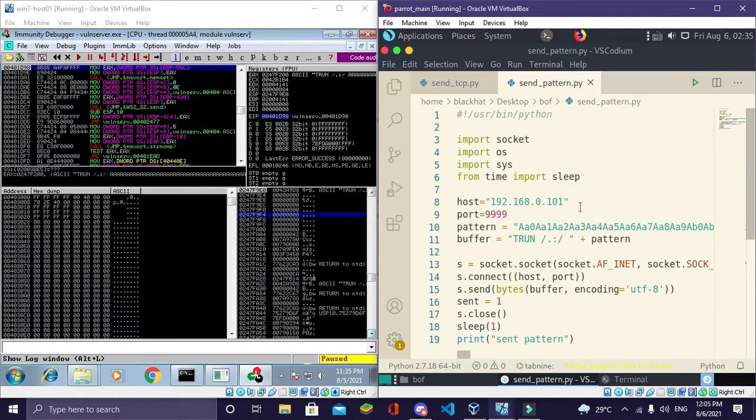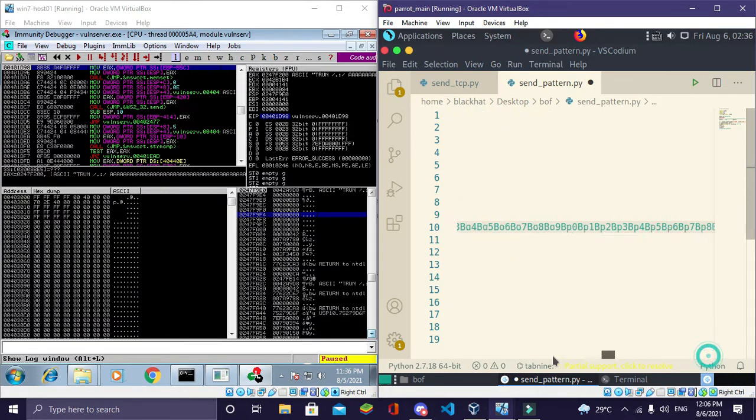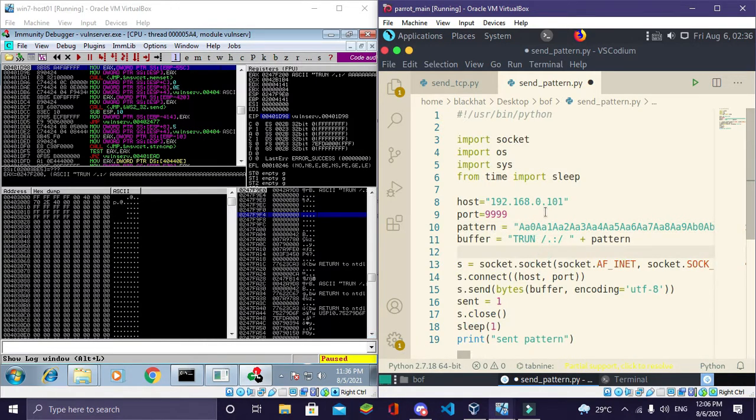I'll open it, and I'll change this pattern here. And everything seems fine. This host and the port are correct, so we can now send this pattern.